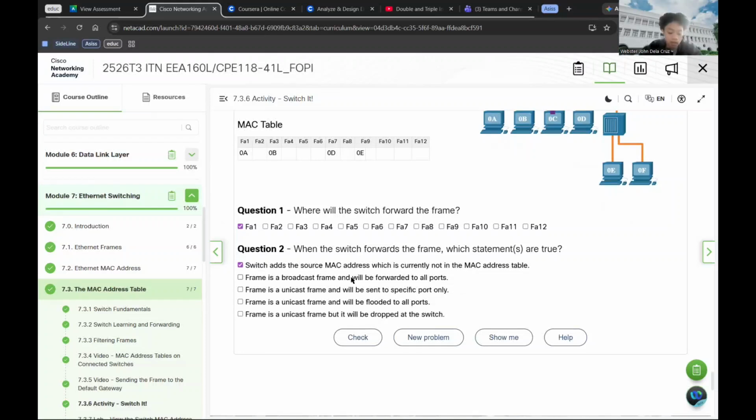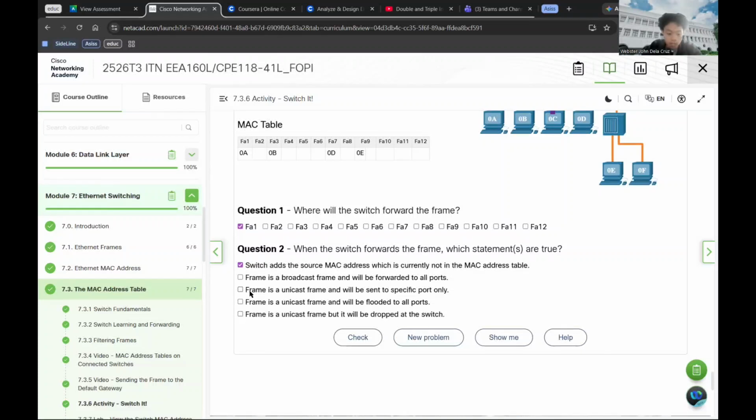The frame arriving at the switch has a source MAC of 0C, and the diagram shows it entering via port FA5. Because 0C is missing from the current MAC table, the switch will learn this new information and add an entry mapping MAC 0C to port FA5.